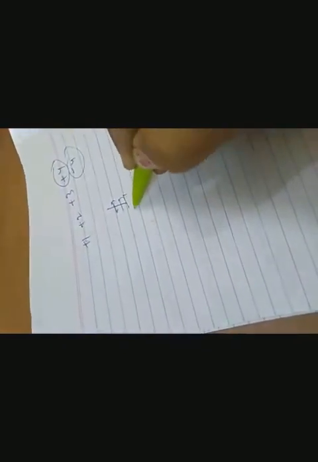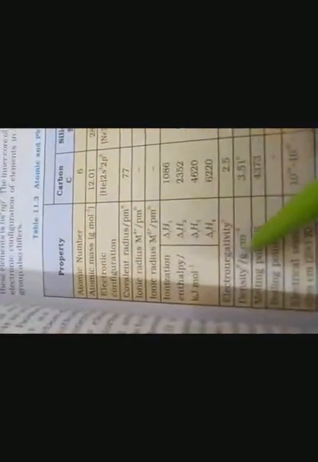See, first plus 1, plus 2, plus 3, in carbon plus 4 or minus 4. So easily it can lose or it can gain like that, tetravalency. So plus 4 ionization enthalpy is like that. The first ion is easy to remove, but when we are removing the second, third and fourth, the first has low ionization enthalpy, but the second takes more and more and more like that. Then electronegativity, density, melting point, boiling point and electrical resistivity.